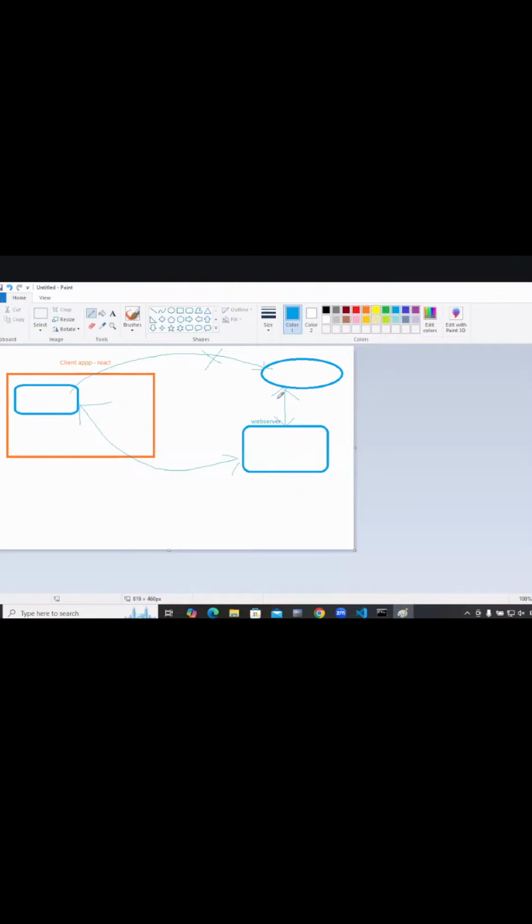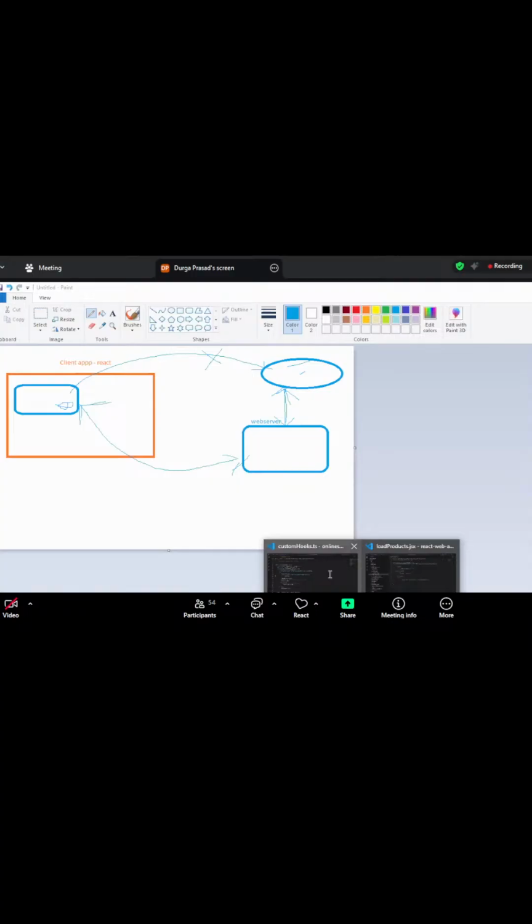Instead of going directly to the database, I want to go to my own web server, which is capable of reading this user ID and password coming over here. It is going to compare with the database, get the response, and give the response back to the client. So this is the complete flow that is expected to be done.